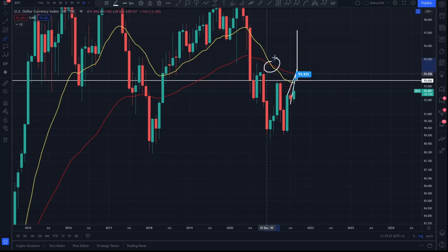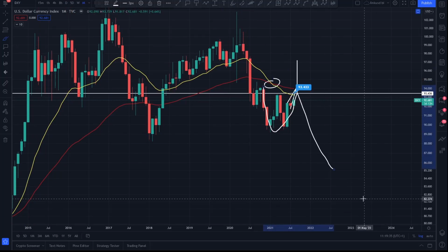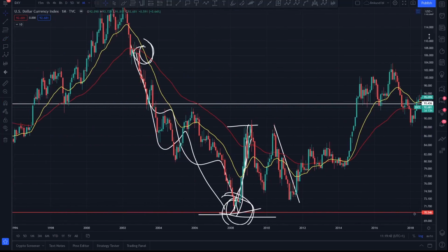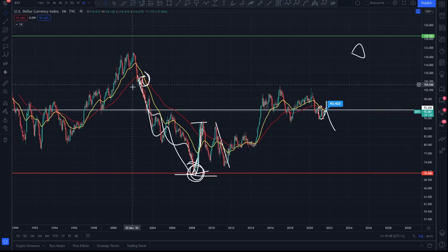The more zoomed out you are and you see a particular signal, the more substance it has going forward. So you are now in a death cross, rallying into it as resistance. Are you potentially rolling again to a key level of support? Because you can see the last time that you got a death cross on the monthly time frame was way back here in May of 2003 for the DXY. So you rallied into it and you capitulated here,